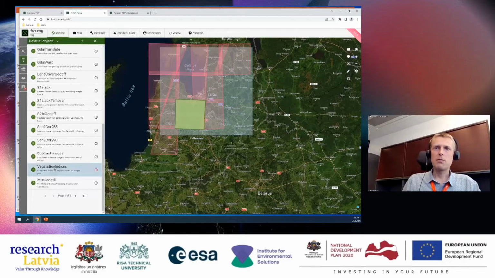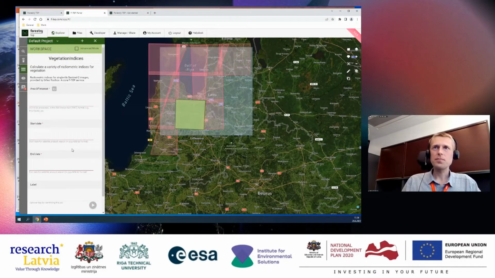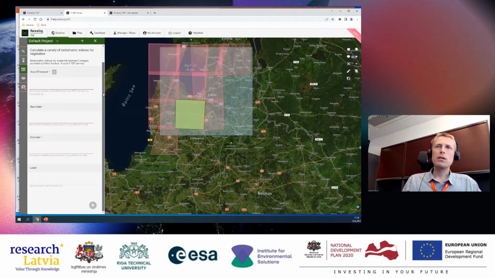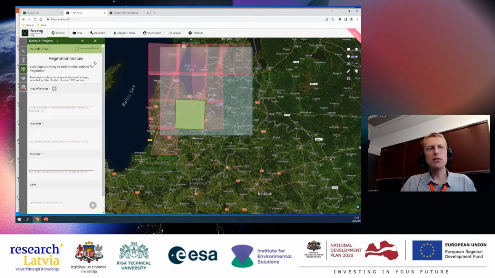for example, I will use this example, vegetation services, and you click that, it will open in the workspace. And this is the place, it's the next button down on the left, it's called the workspace. This is the place where you then enter the required parameters. And how it looks here depends entirely on the service developer.